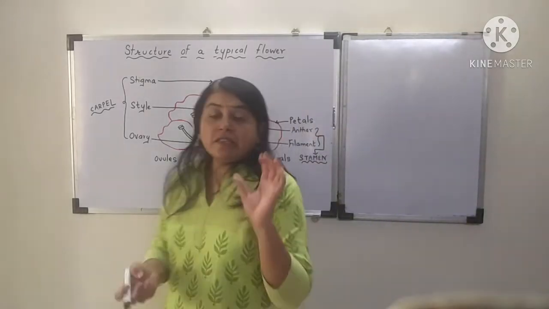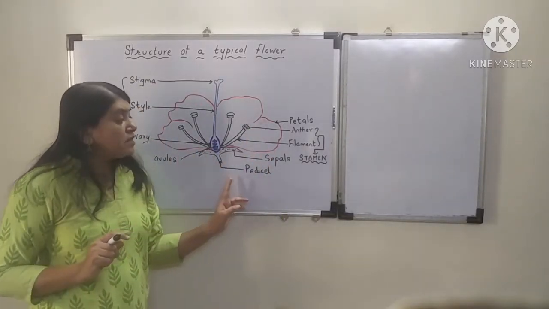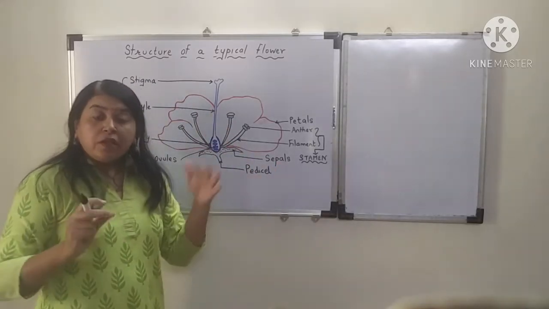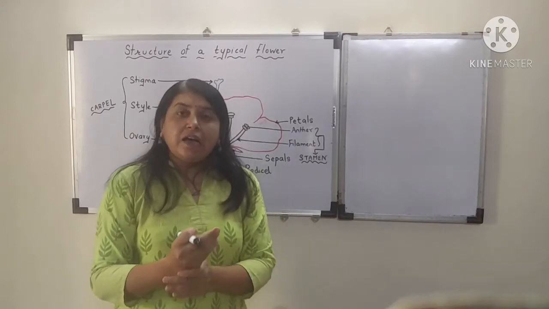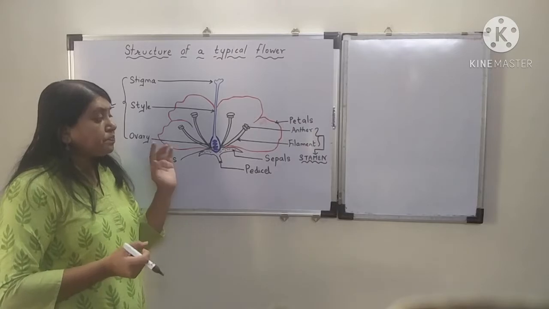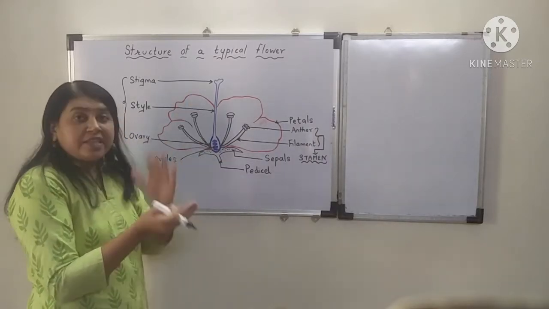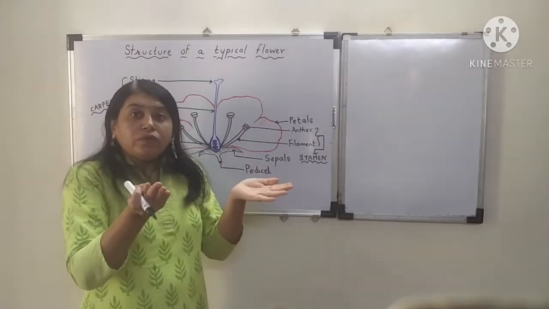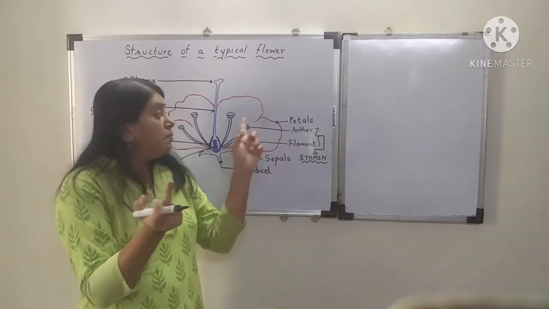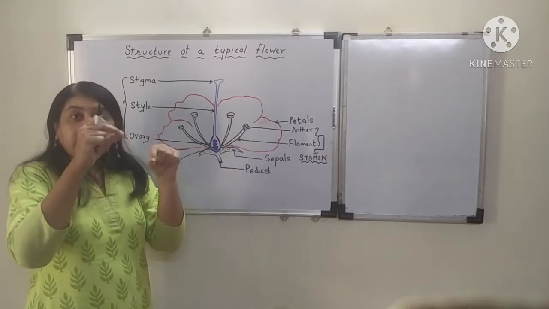So at the base, some flowers have a stalk. The stalk of the flower is called the pedicel, and flowers with a pedicel are called pedicellate flowers. Then if you move to draw the structure of a flower from outside to inside, the outermost part of the flower is called the sepal. Then we see variously colored petals. In the center, we see the anther and filament and the pollen grains.